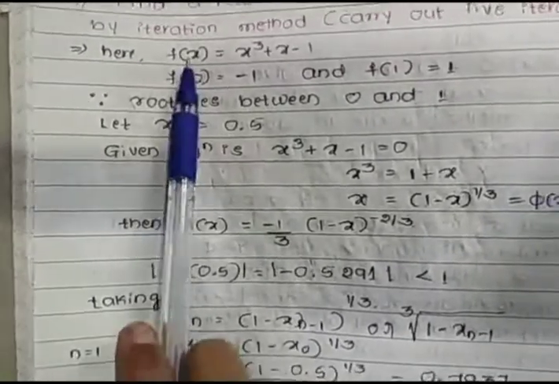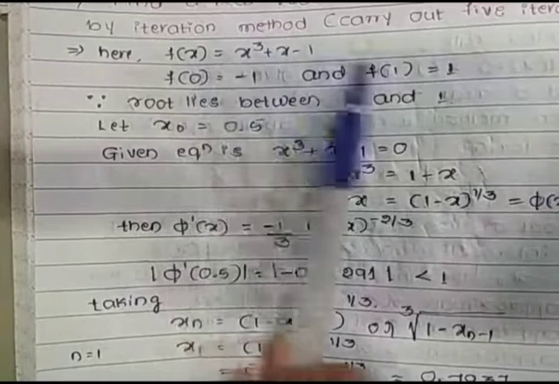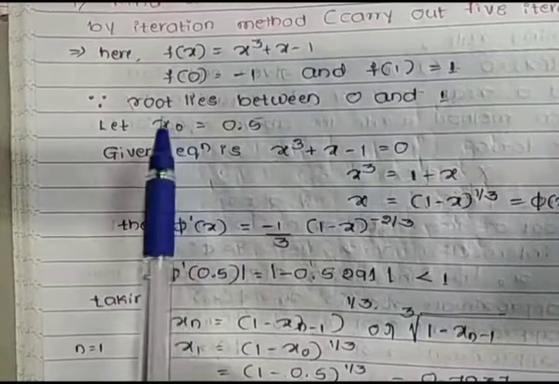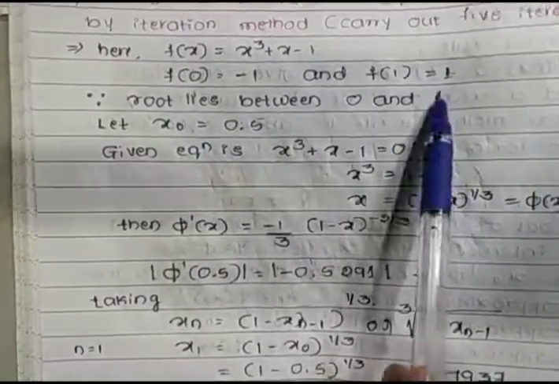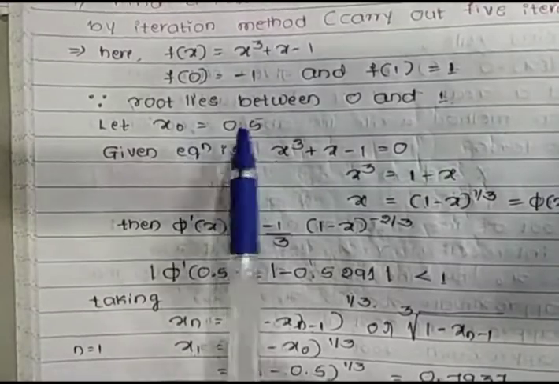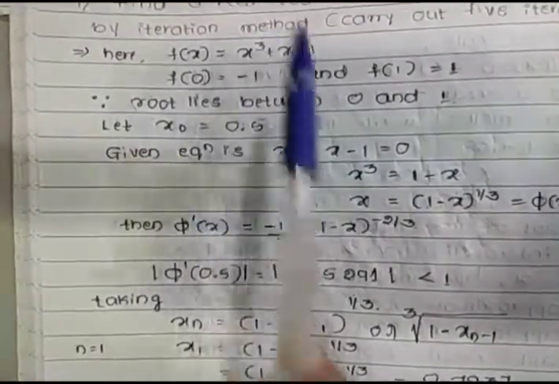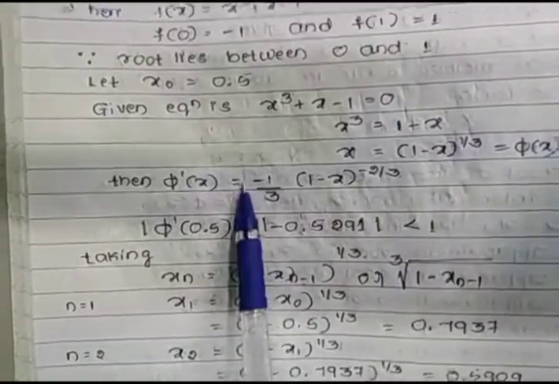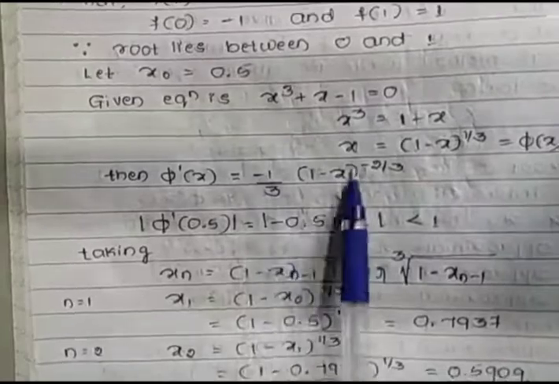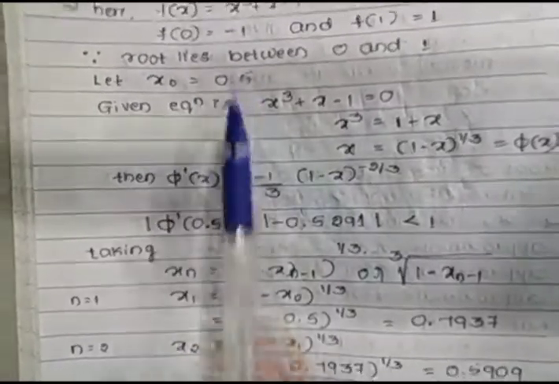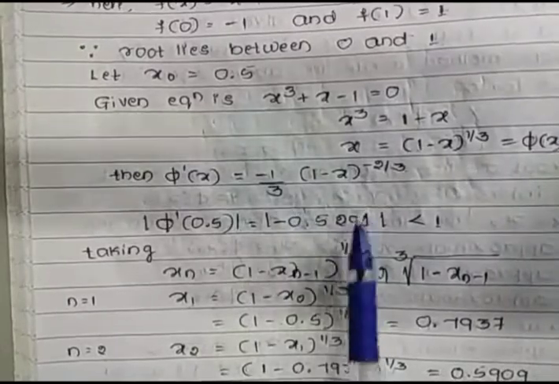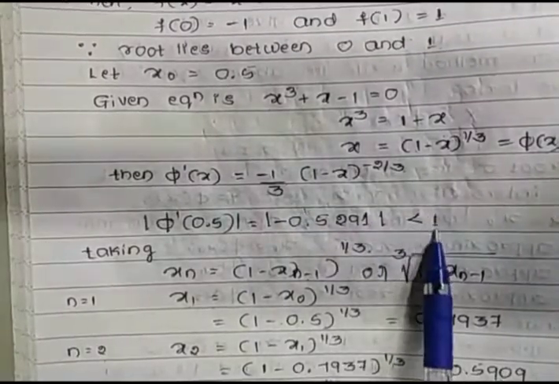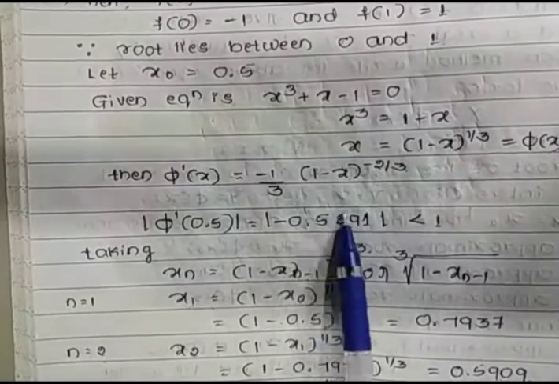Method is very simple. Consider the given function as it is. Substitute 0, 1, we will get negative and positive values. Then consider only one approximation, and this approximation lies between these two. So consider 0.5. After writing the first approximation, consider the equation again, convert it in terms of x, and this will be your f of x. Take its derivative, replace x value as 0.5, calculate, simplify. It should be less than 1 only. So whatever answer we get, it should be less than 1.